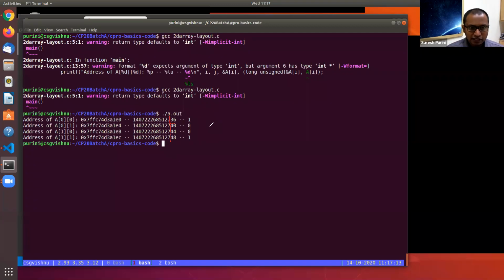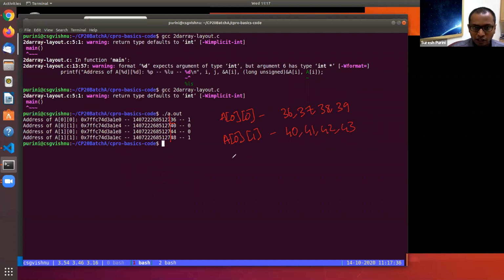So the memory locations 36, 37, 38, 39: if you look at A of 00, 4 bytes, 36, 37, 38, 39, are allocated to A of 00, and A of 01 is allocated addresses 40, 41, 42, 43, and A of 10 is allocated 44, 45, 46, 47, and A of, sorry, this is 11, it is allocated 48, 49, 50, 51.